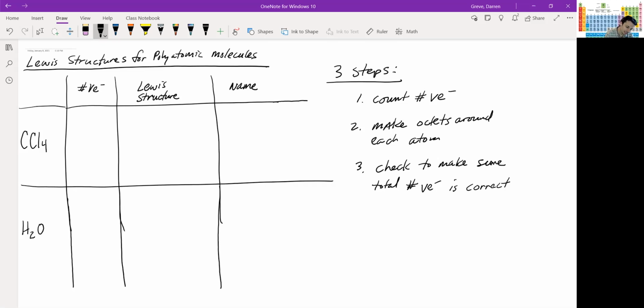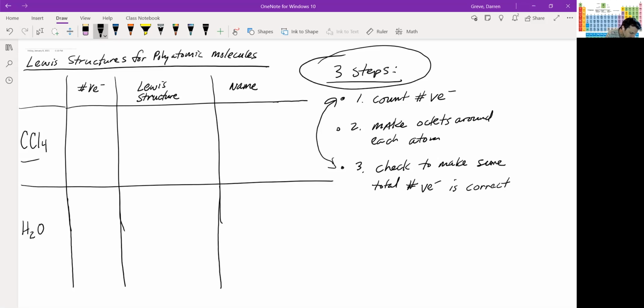Before we begin, I've highlighted the 3 steps that you need to take in order to draw Lewis structures for polyatomic molecules. The first one is to count the total number of valence electrons in your molecule. The second is to make octets, or 8 electrons, unless it's hydrogen, which only needs 2. Make octets around each atom. And then finally, the third step is to check and make sure that the total number of valence electrons in your molecule matches what you found in part 1. Okay, so let's start with